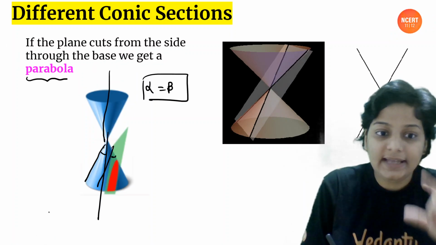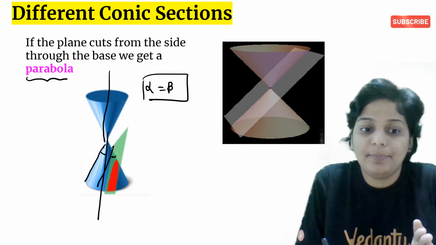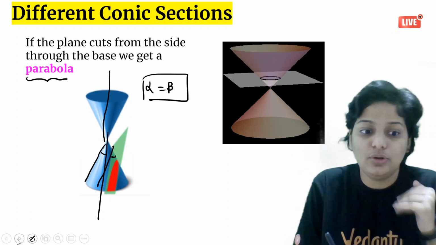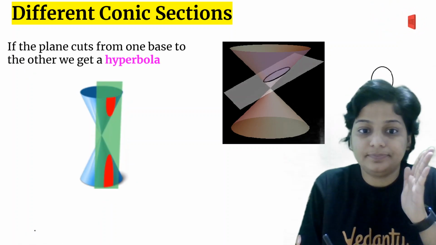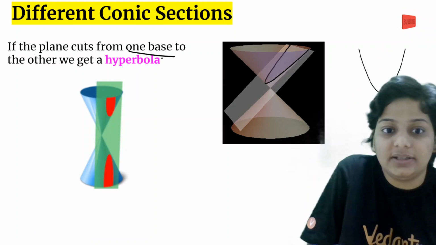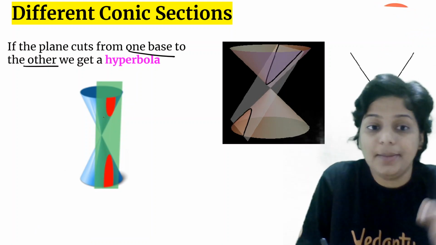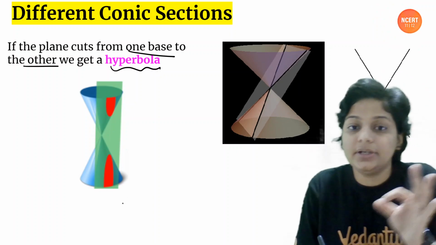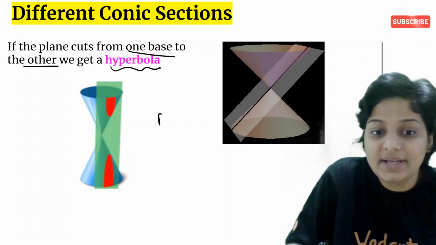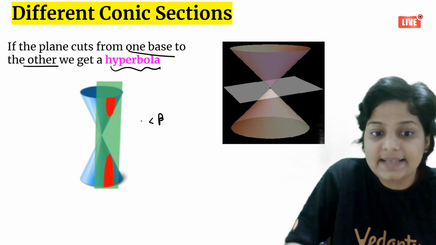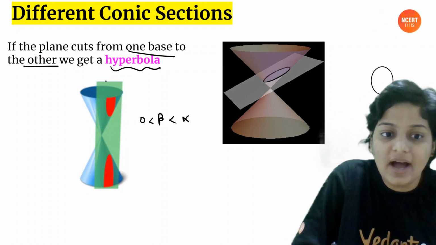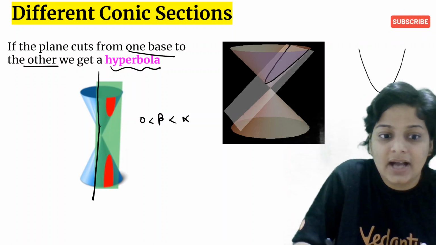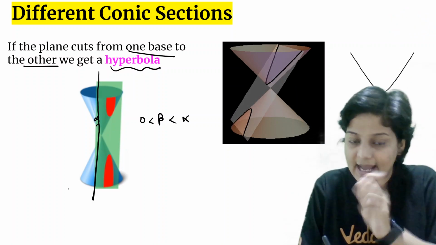अब तक जो भी देखा बेटा आपने उसको एक ही नैप में कट किया, या तो अपर नैप और दी लोअर नैप, बट व्हेन योर plane is cutting both the naps from one base to other, we get a hyperbola. So now here, what is the angle beta? Your beta is greater than 0 and less than alpha. अल्फा से छोटा होगा। अल्फा आप सब जानते हैं क्या है, अल्फा इज द एंगल बिटवीन जनरेटर एंड एक्सिस, तो